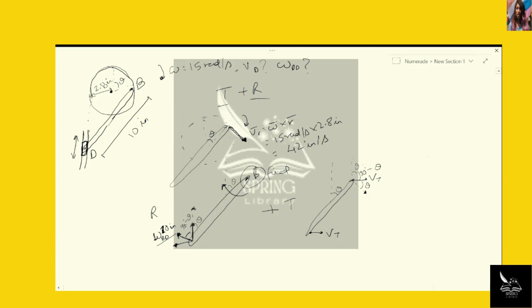So now we know that if we break Vt along these components, sorry, we don't need to break Vt. Vt is a result of the angular velocity, a result of the radial velocity of the disk. So we need to actually break this guy along Vt. So if we figure out the angles here, since this angle is theta, this angle is also going to be theta,